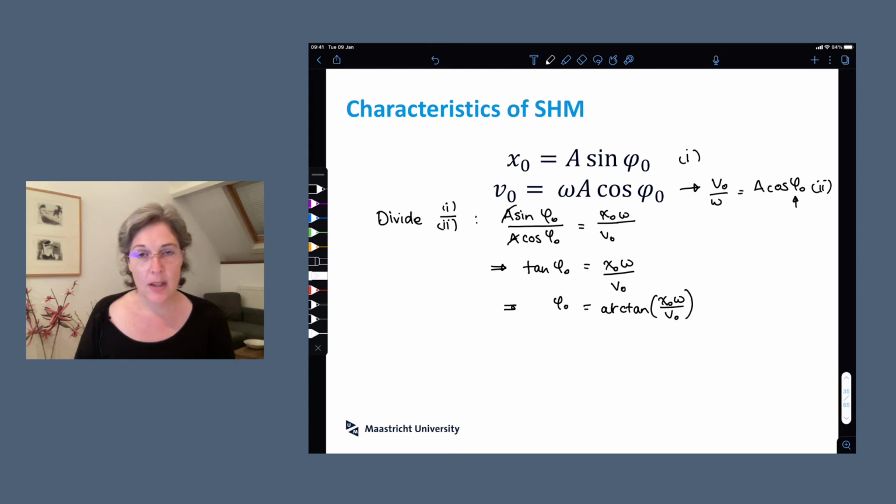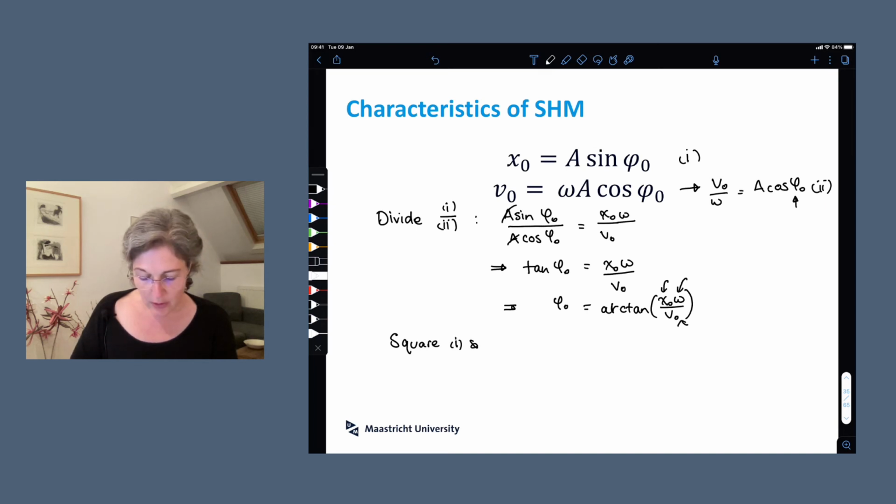Okay, so this gives me a way, if we know our x naught and our v naught, so our initial displacement, our initial velocity, and also the angular velocity of the system, then I can work out what the initial phase will be. On the other hand, if I wanted to work out A, what I'm going to do instead here is